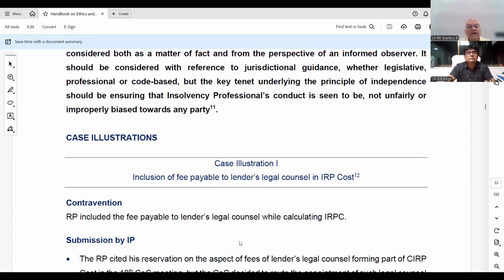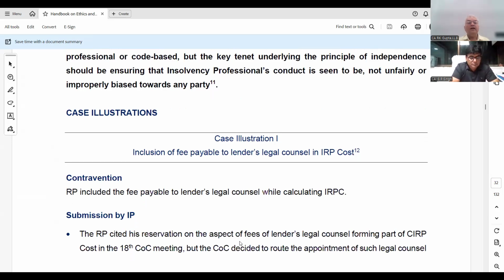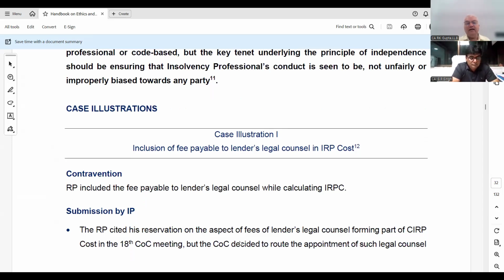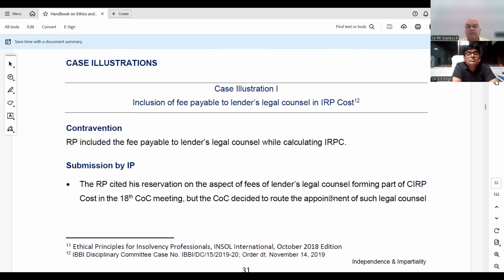What is the illustration? Inclusion of fees payable to lender's legal counsel in IRP cost. So here the lenders engaged a lawyer and the fees of the lawyer were included in the IRP cost. And it was mentioned that in case it is found, then they may be borne by the lenders. So this fact was discussed with them. So RP included the fees payable to the lender's legal counsel while calculating insolvency resolution process cost, which is not permitted. The RP cited his reservation on the aspect of fees of lender's legal counsel forming part of CIRP cost